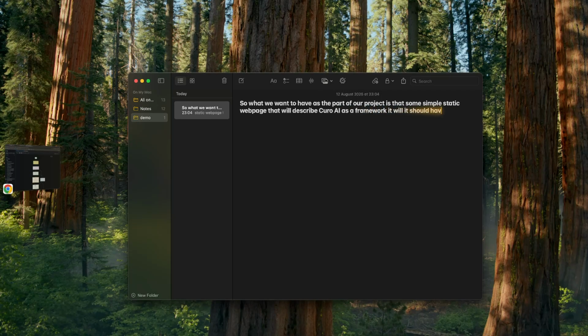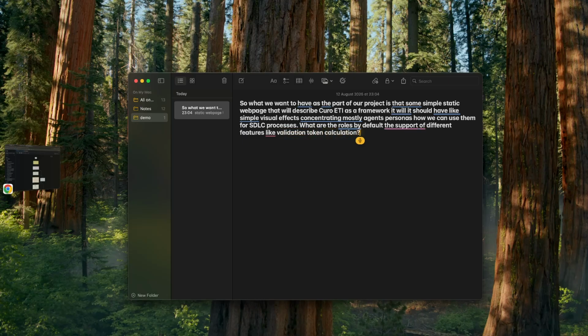It should have simple visual effects, concentrating mostly on agents, personas, how we can use them for SDLC processes, what the roles are by default, and the support of different features like validation and token calculation. We also need the ability to check documentation, with links to architecture documentation for more details. Definitely we need to have some demo